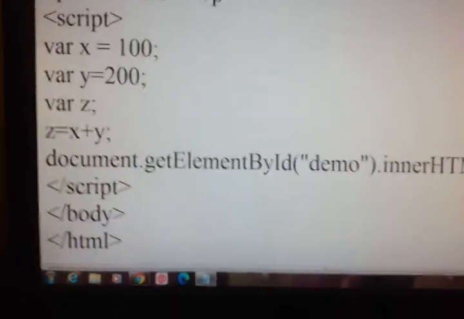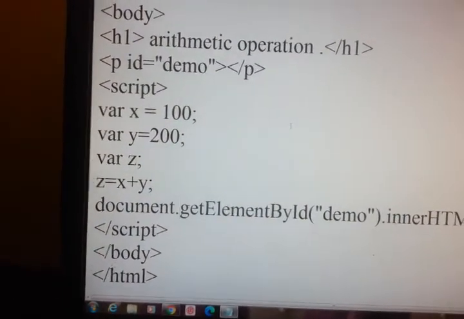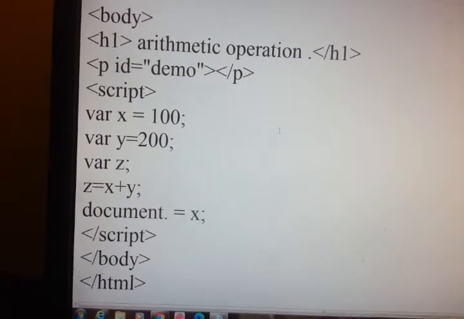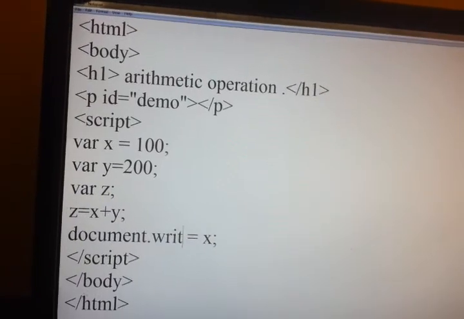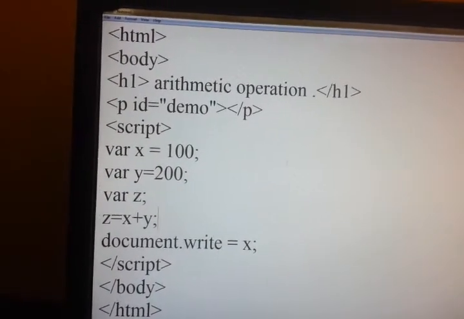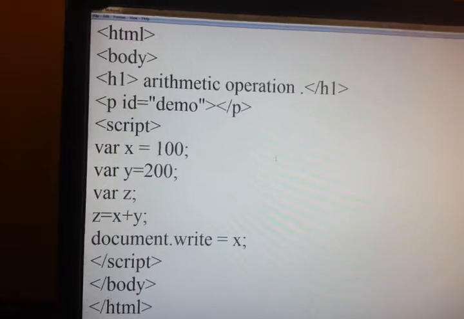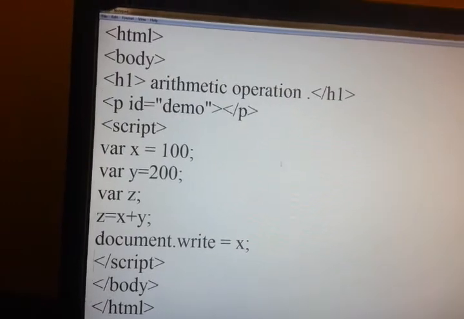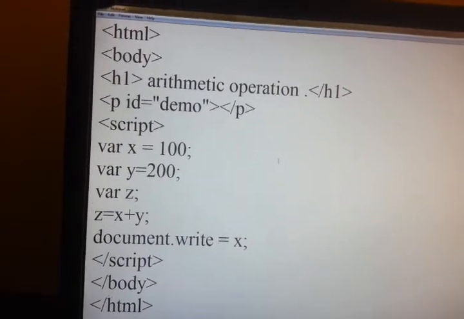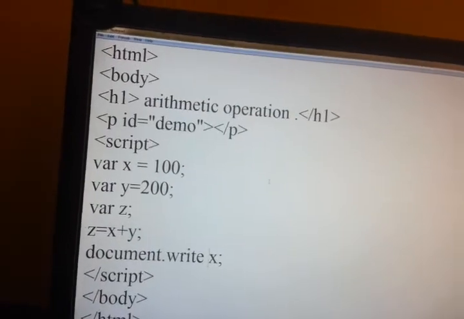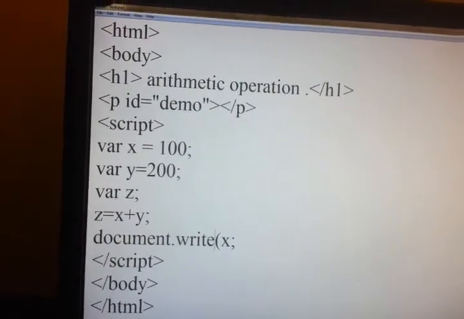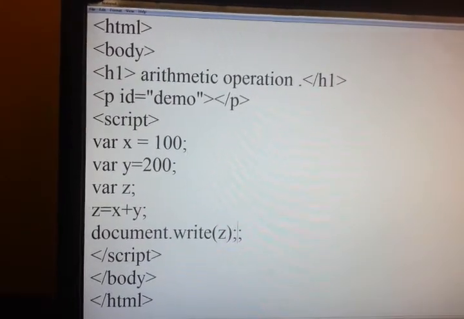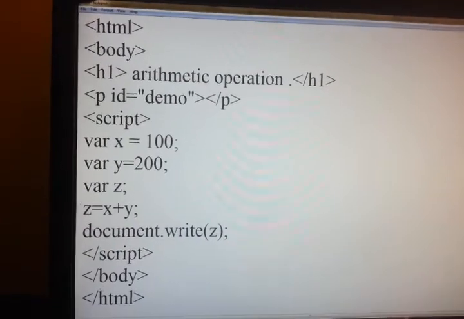Now instead of writing this, I'll write document.write. When I am using document.write, no need of this p id. Even if you write it, nothing happens. Document.write(z);